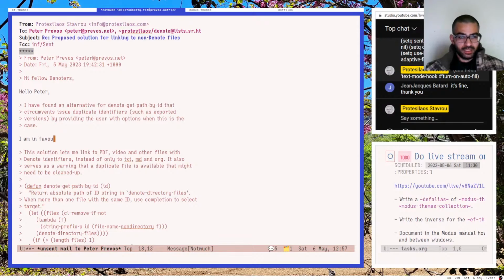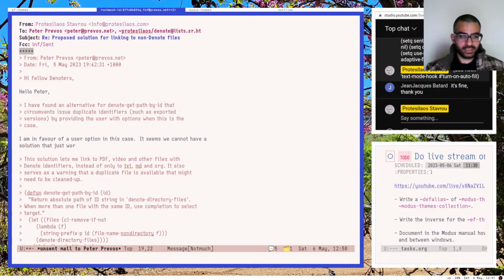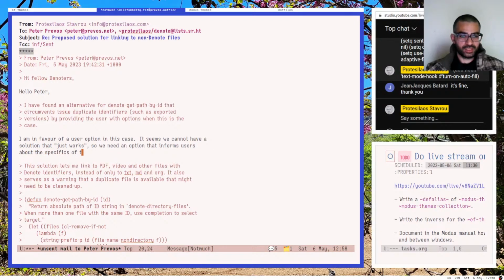I am in favor of a user option in this case. It seems we cannot have a solution that just works. So we need an option that informs users about the specifics of the case. I would still prefer if org had that option